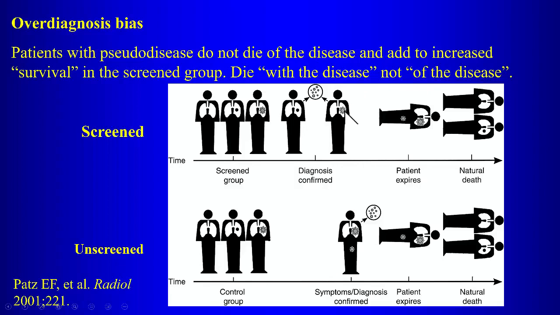And so in our statistics, we will pick this up as a diagnosis of a cancer. So it will seem like the patients that we screened have a higher rate of lung cancer than the patients that are not screened, because with these very indolent, slowly progressing tumors, the patient dies of something else, so the tumor is never detected at all in this group. That's another problem with screening, overdiagnosis, and we'll talk about that too.